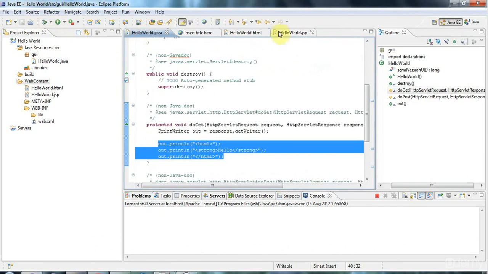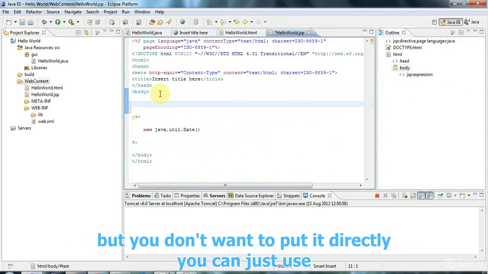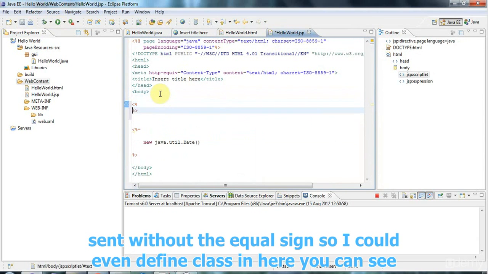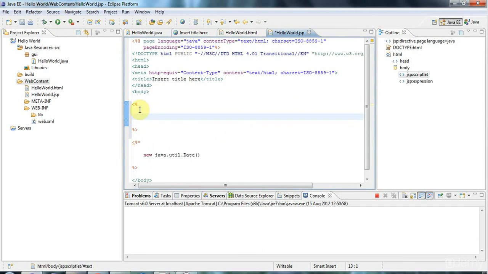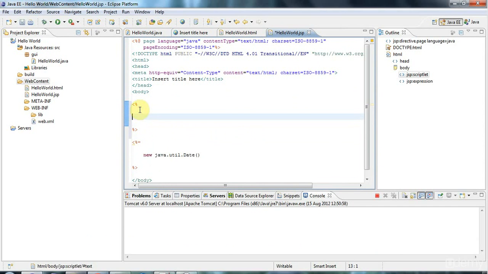And if you want to embed Java in here, but you don't want to evaluate it or output it directly, you can just use the angle bracket percent without the equal sign. So I could even define a class in here. I'm going to see a bit more about how this works in future tutorials, but for now I'm going to keep it pretty simple. Let's have some kind of Java here. So I'm going to say